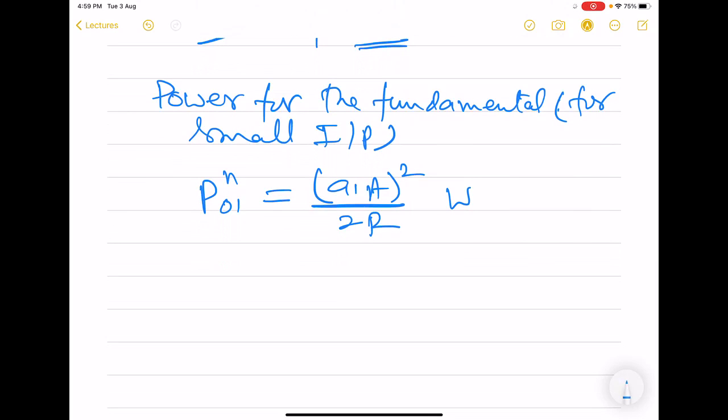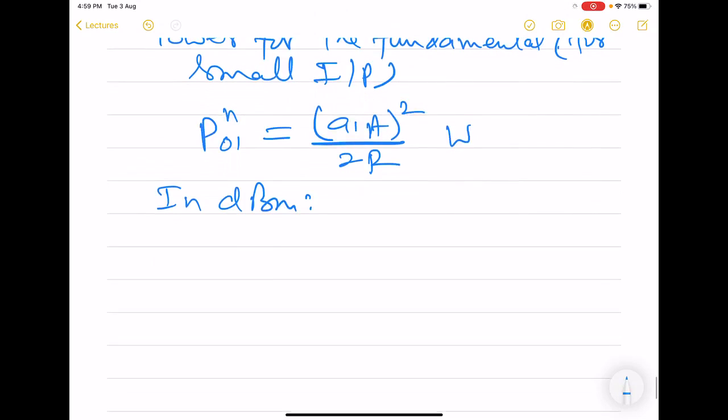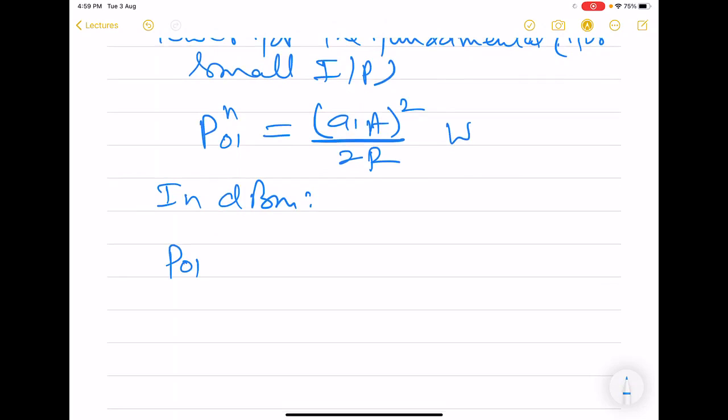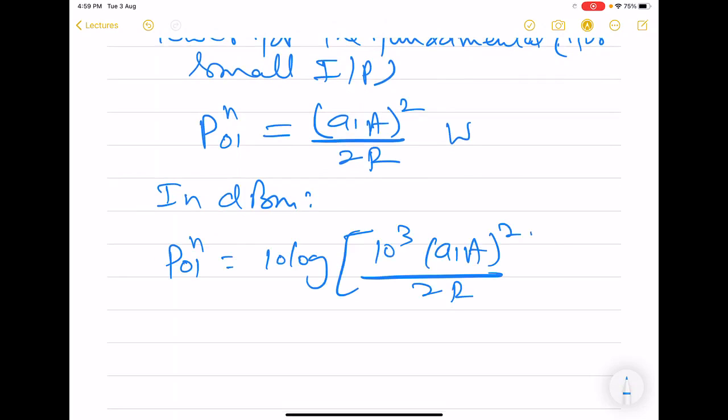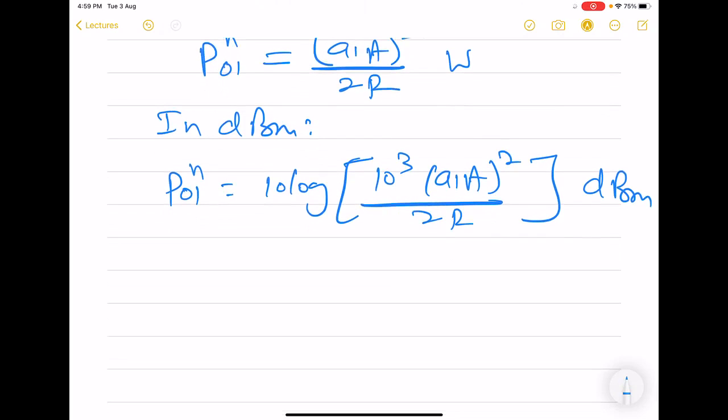Now, if we want to find it in dBm, here we will separate it out, or we will write this expression in terms of input power. So 10 log 10 raised power 3 a cube by 2r